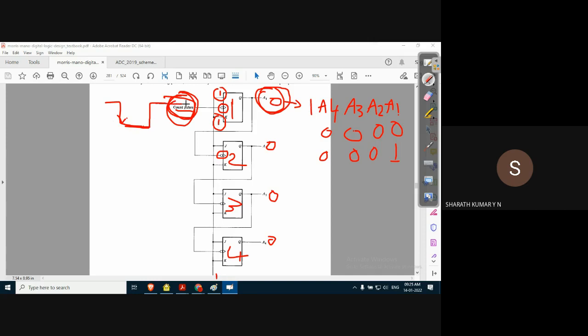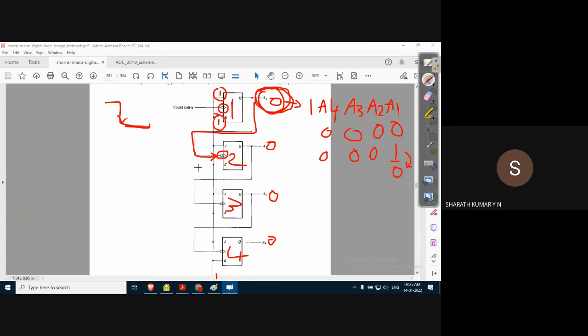When the next clock pulse appears, when the negative edge appears, the first flip flop output should toggle because it is applied with the negative clock pulse. A1 will change the state from 1 to 0. But at the same time, the output of the first flip flop, that is A1, is applied as the clock input of the second flip flop.